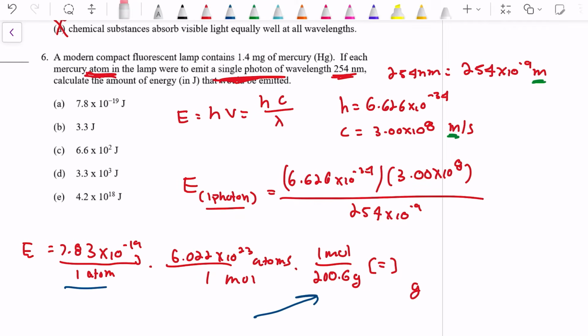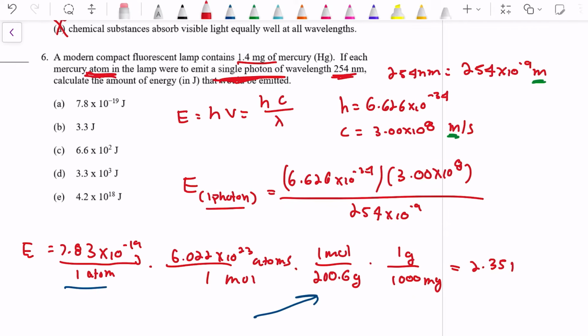So let's solve this. 7.8 times Avogadro's number, which is 6.022 times 10 to the 23rd, and then divided by 200.6. Let's also put this in milligrams real quick, because they give us this in milligrams. So in 1 gram, there are 1,000 milligrams. Okay, so let's also divide it by 1,000. And I get